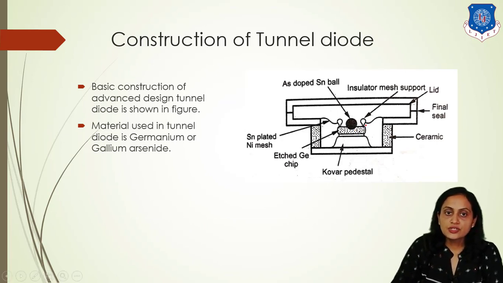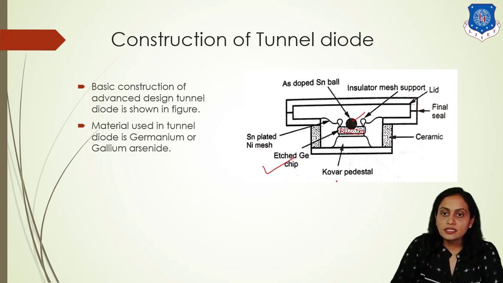The basic construction of an advanced design tunnel diode is shown in this particular figure. The material used here in this tunnel diode is germanium or gallium arsenide. You can see this is the etched germanium material, and this is the tin ball, and it is forming the PN junction, and this is the cover pedestal which is alloy, and this is a ceramic coating, and this region is the packaging of this